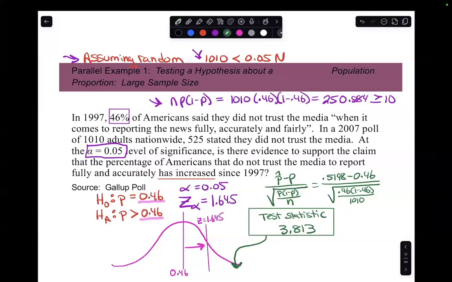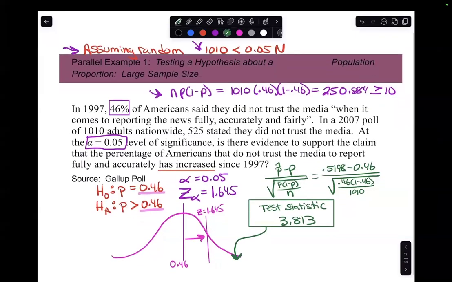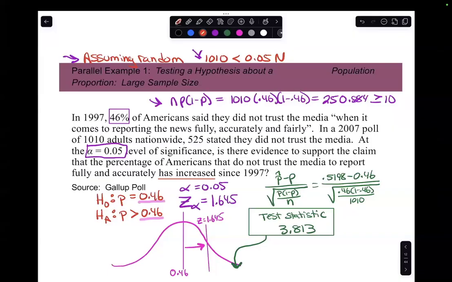It is so far to the right. So we clearly are outside of that critical region. We're outside of the good region where we can live happily and believe the 46%. So we are out in the wastelands out there. So therefore, we're going to reject the null hypothesis. Here's, I don't even know if I have room for it, but I'm going to try to write it in here. Here's what I would say. Remember I said that when you write your conclusion, I want you to reference why you are rejecting. I would say,